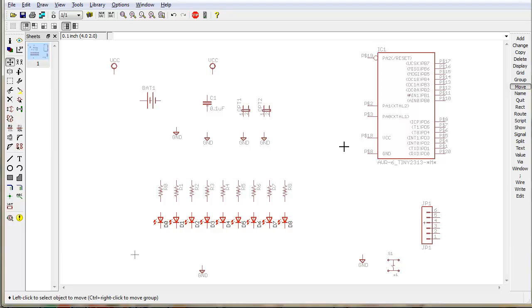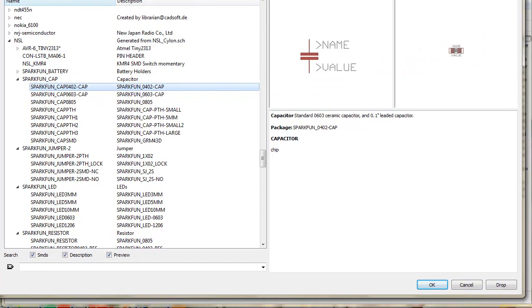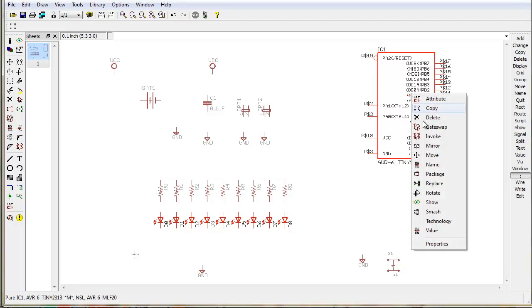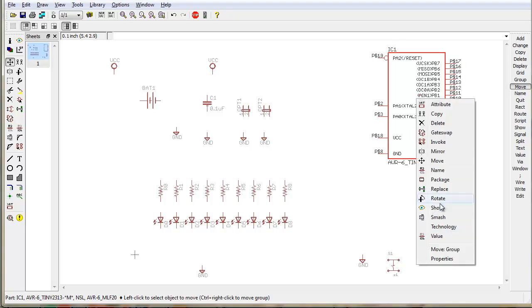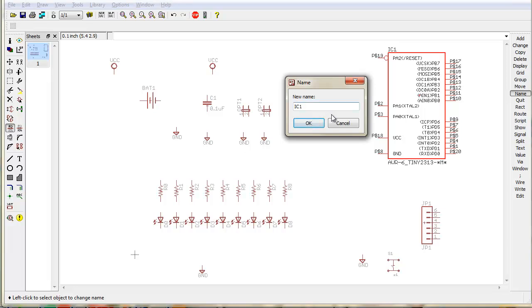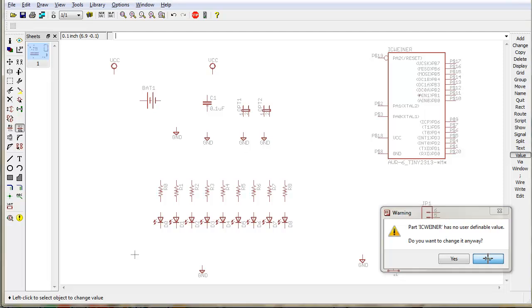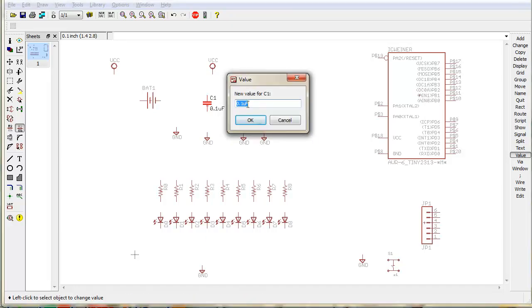Okay, so let's go over what we've done already. We've added each of the components with the add command. So again, add, pick the component you want to use, and click OK. And that will get you the components to the board. We've used the move command to move things around. The name command, which allows us to set the name of the package, the value, which there is no value on a capacitor, so let's use something that makes sense. So capacitor, 0.1 microfarads,